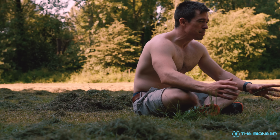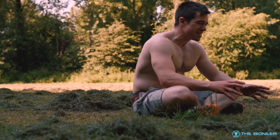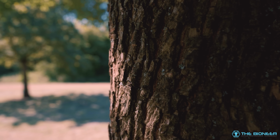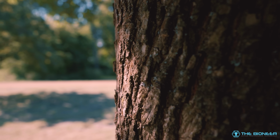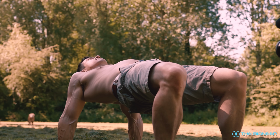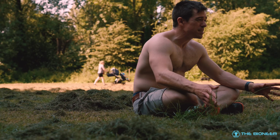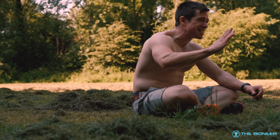And the reason this is so incredibly beneficial is because this is exactly the opposite of how we sit. When we're sitting in the office, often we've got our hips flexed, we're bent over, hunched over, and as a result we get tight hip flexors, we deactivate our glutes, we struggle to engage them, meaning in some cases we can get a permanent anterior pelvic tilt so that our pelvis is tilting forwards, giving us